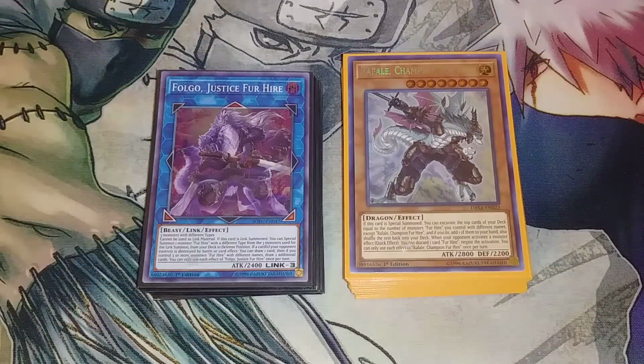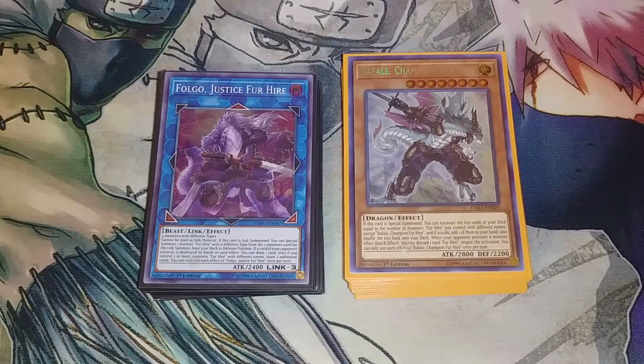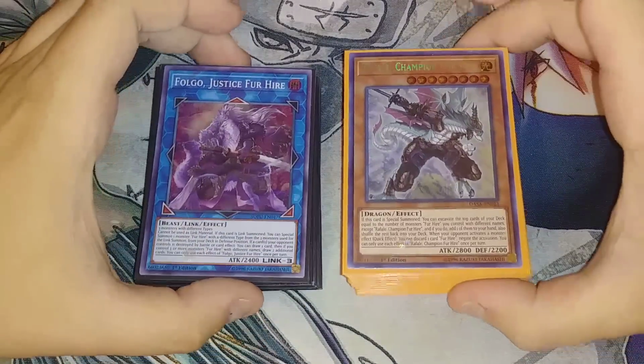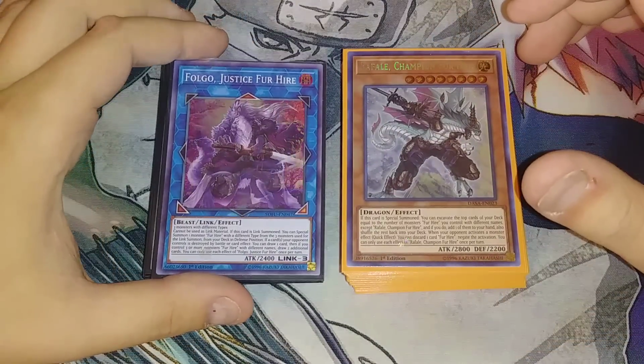But this deck is a really fun deck that we're going to be playing around with today. This basically runs like Yosenju a little bit, where you normal summon one, get an effect, normal summon another one, and then you just dump your hand, get all sorts of monsters on the field, and then OTK your opponent extremely quickly. This deck is an awesome deck that just keeps getting support, with Falgo coming out in Soul Fusion,